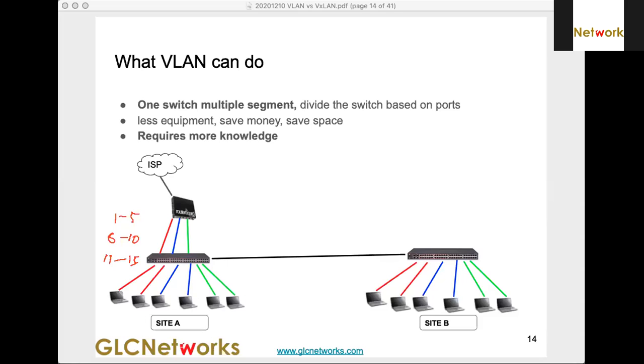With this logical partitioning, it's very flexible, and it's also easier to allocate the ports where somebody needs, for example, more connections to a segment. Right, so let's move on.